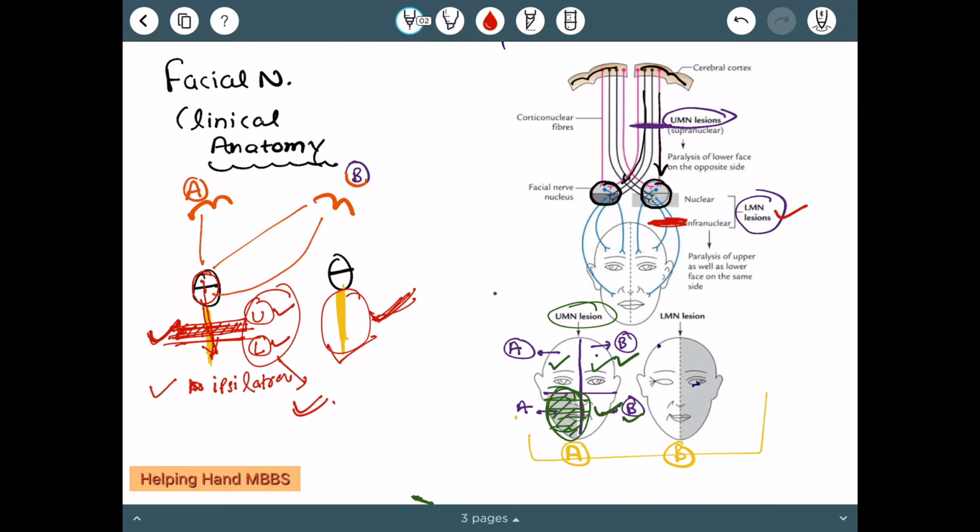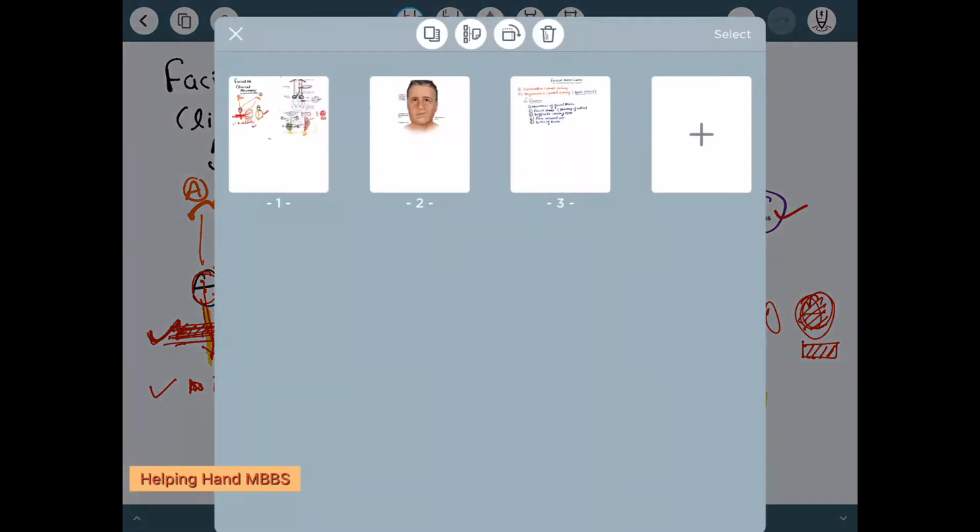Now you can understand this figure B completely. If I divide it into 4, and now I have these two nuclei, and if there is a lesion here, then both parts of only this side will be gone, that is, this area is now completely gone. You by now understand the lower motor neuron lesion affected area completely and the upper motor neuron lesion affected area. So this is the basic of the facial nerve clinical anatomy, and now we will see the clinical features, and those will be very easy to understand now.